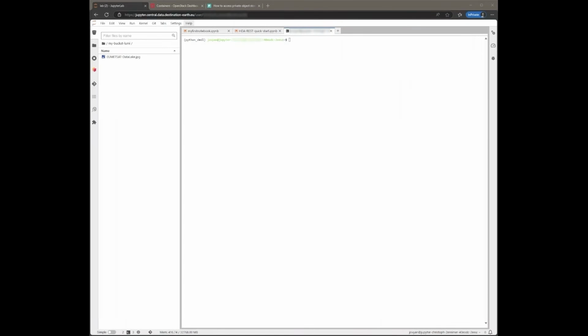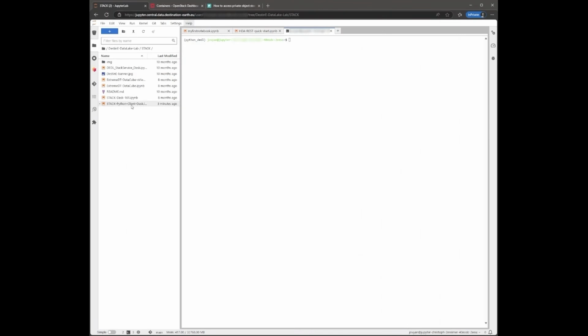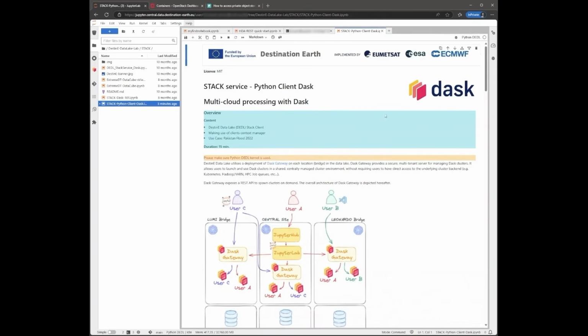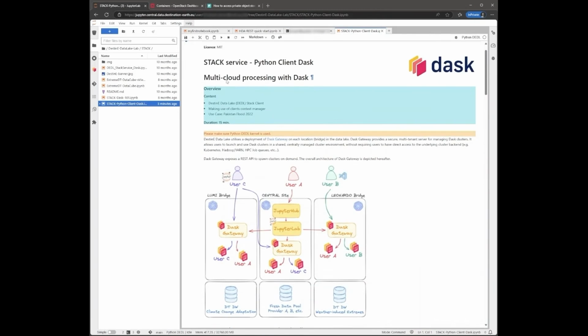And now we are demonstrating the principles of data proximate computing by utilizing the DestinE Data Lake Stack service Dask. We will do that by making use of an example notebook available in the DestinE Data Lake Lab. Open the DestinE Data Lake Lab folder and browse to Stack and open the Stack Python client Dask notebook. This notebook gives a basic introduction to Dask and shows how multi-cloud processing with Dask can be done in DestinE